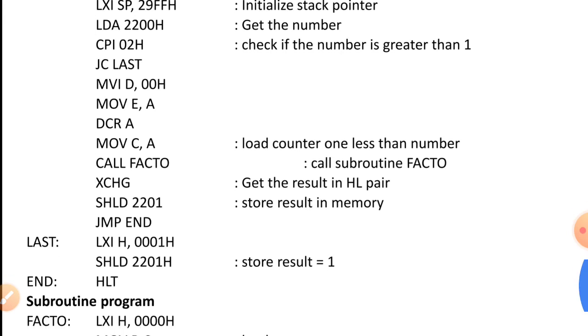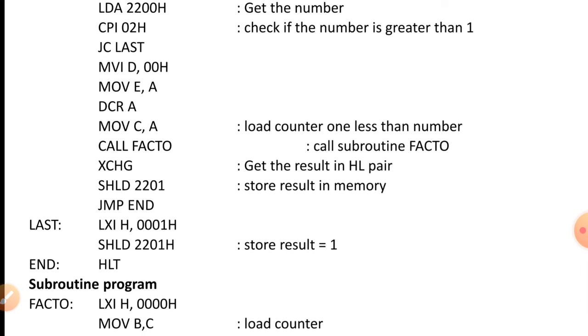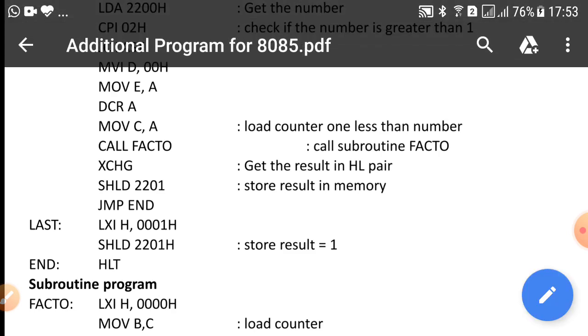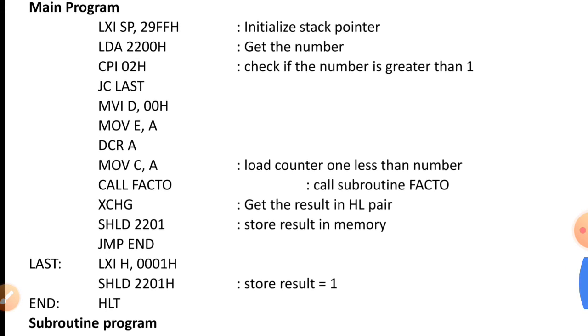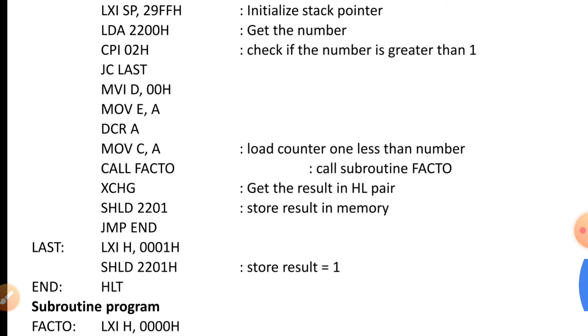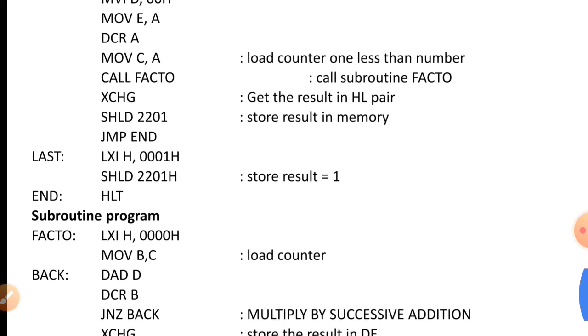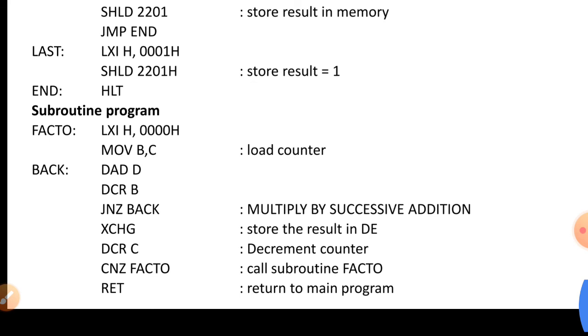So the carry flag will be set, and it will jump on carry to the last, where we load 0001 into the HL pair and store the result in the HL pair. So it means if the value for which we have to find the factorial is 1, then the result will be 1. Otherwise it will go to the subroutine subprogram and do the rest of the work for calculating the factorial.